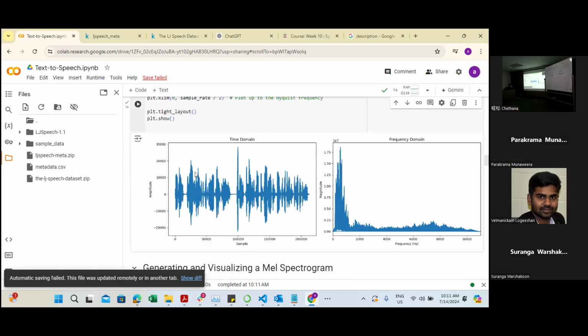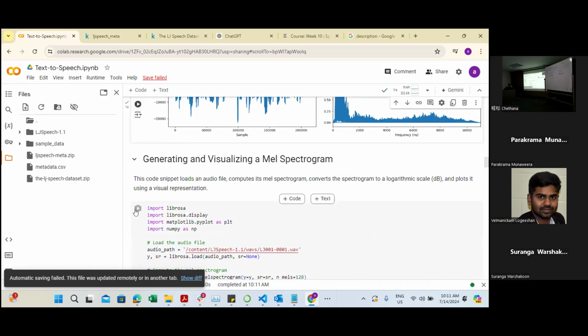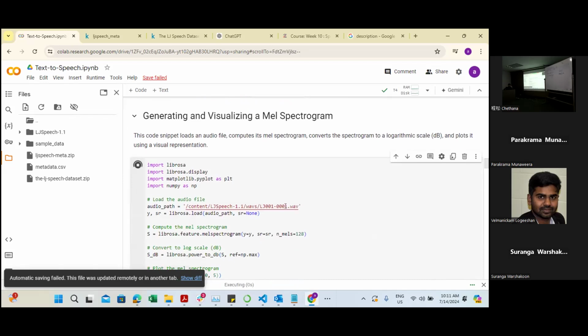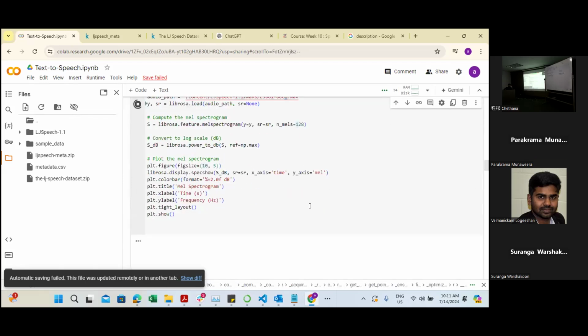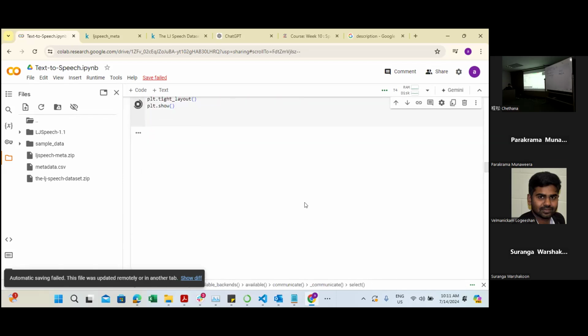So now the time domain spectrum is this one. The frequency domain spectrum is this one. But we don't care about these two. What we need is a spectrogram, right? So let's create the spectrogram for the first audio clip, right? So once you play it,